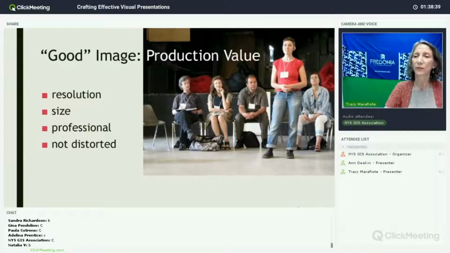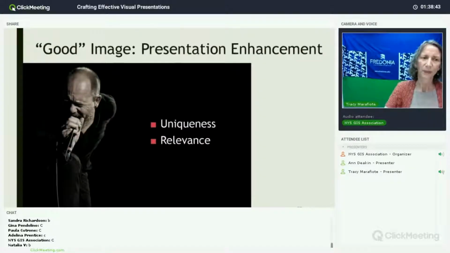us what is going to be catchy, what's going to be useful for some of those other things like the emotional appeal that we were looking for. So a good image in terms of presentation enhancement should do two primary things. First of all, image uniqueness. Does this image stand out? Does it get noticed by your audience? This is so important, and sometimes it's really difficult to describe what is going to make a good image, what is going to catch people's attention, and that is going to be true for everyone. But you can tell the difference when you're looking through slides, and we'll talk about where to find some of those in just a minute.